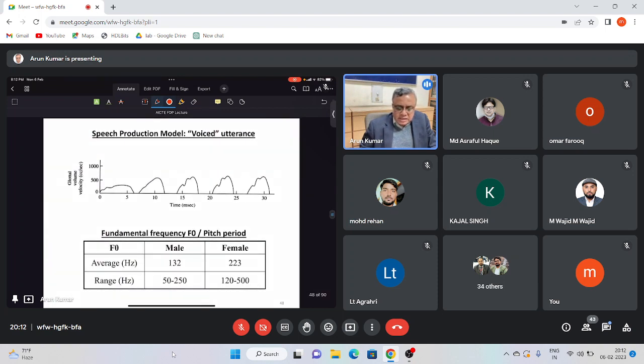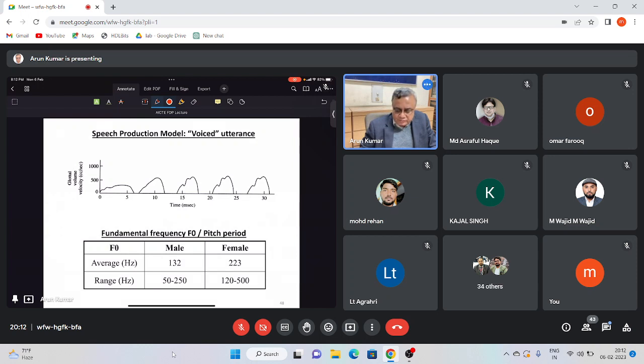So this is the glottal volume velocity signal that I drew in the previous slide. It is in centimeter cube per second, and the shape is approximately shown over here. So the glottis, or the vocal cords, open and close periodically. Now the average,